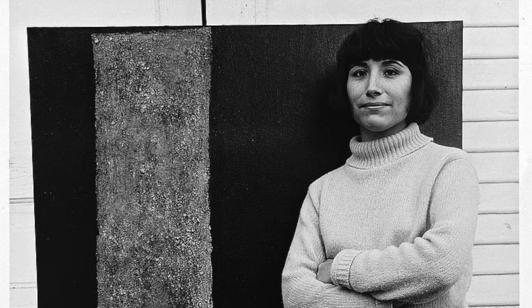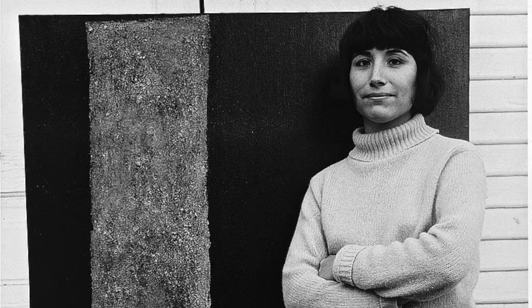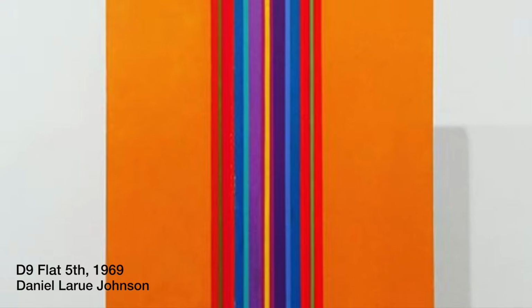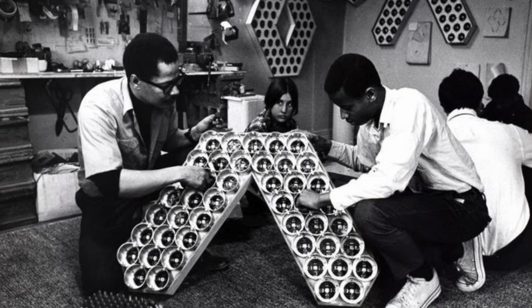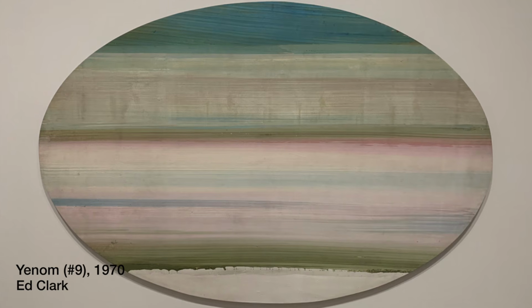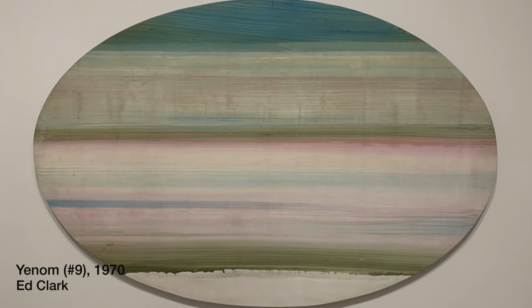Peeking into abstract minimalism are the works by Virginia Jaramillo with Untitled 1971, Daniel LaRue Johnson with D9 Flat 5th 1969, and Tom Lloyd with Narrocan 1965, who was among the first to experiment with manipulating light as a form of art. Before you cross over to the next gallery, you meet the egg-shaped canvas of Ed Clark with Yinam